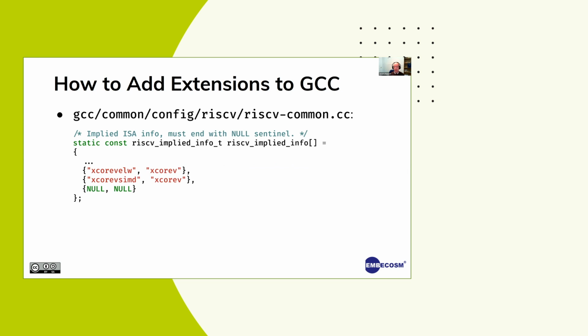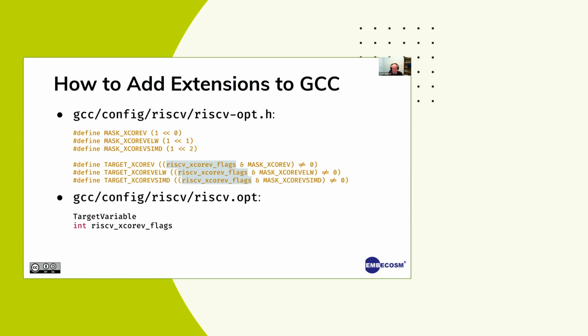Okay, now this is a grouping together. This is allowing you to tell things are implied. So I've told you that XCORE-V was being used as a general catch-all. So this is saying that each of these here, and I've got another 6 to add, I've just shown you 2 of them, ELW and SIMD, are implied by XCORE-V. So if we've got a generic thing, we're going to have to imply it by XCORE-V. If we get rid of XCORE-V, we won't need this. Okay.